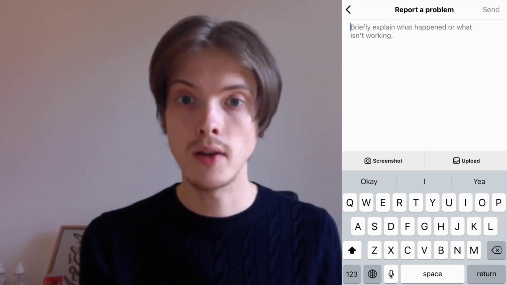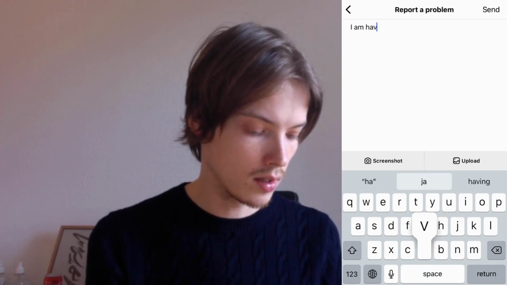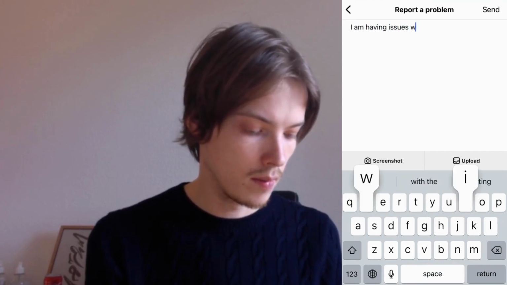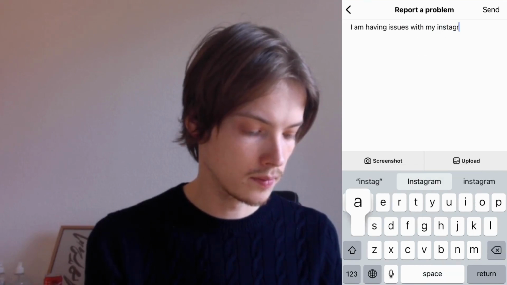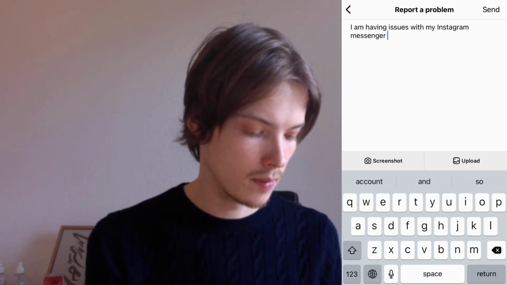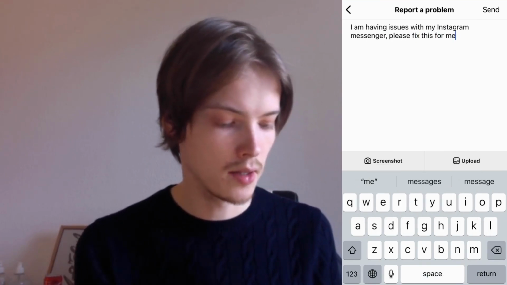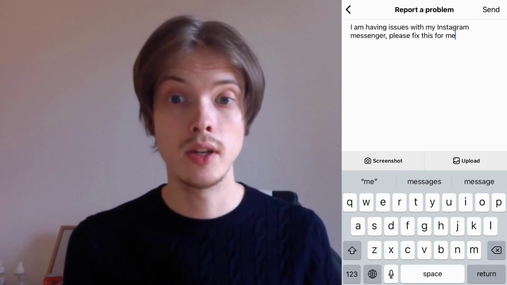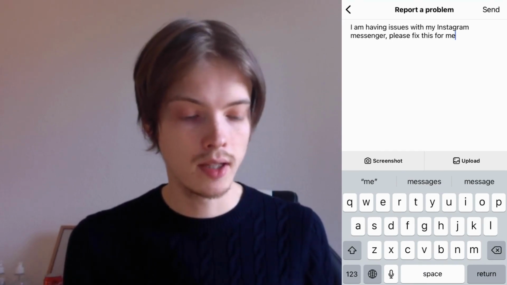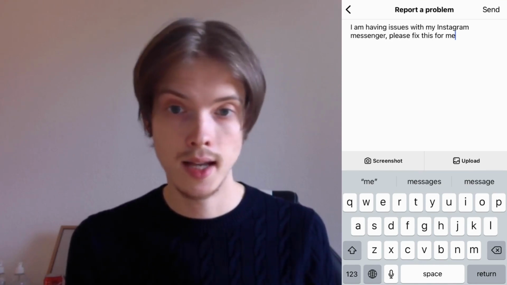So we need to write something like this to Instagram. I am having issues with my Instagram Messenger. Please fix this for me. So basically you need to write something like this. If you want to, you can even more specify exactly what kind of issue that you're having, but I think that this one should be good. But if you want to, of course, just specify to them